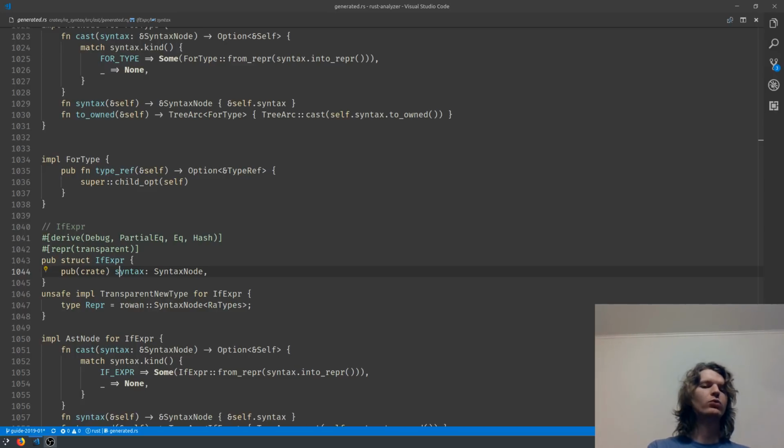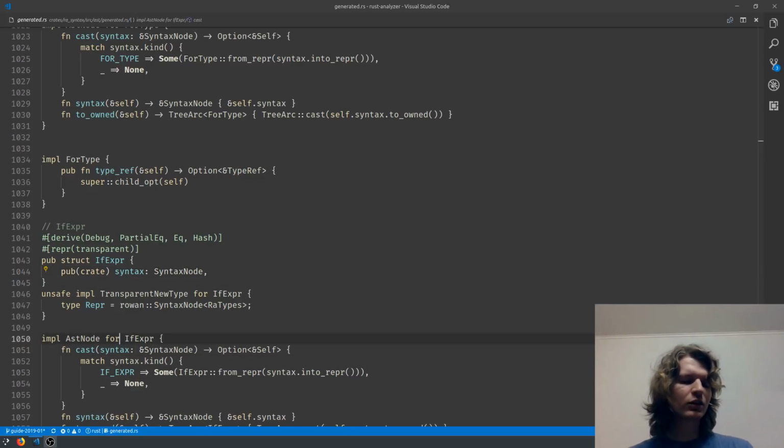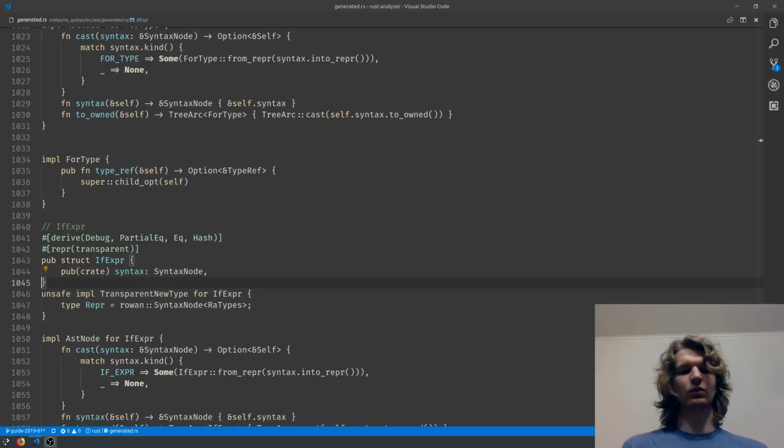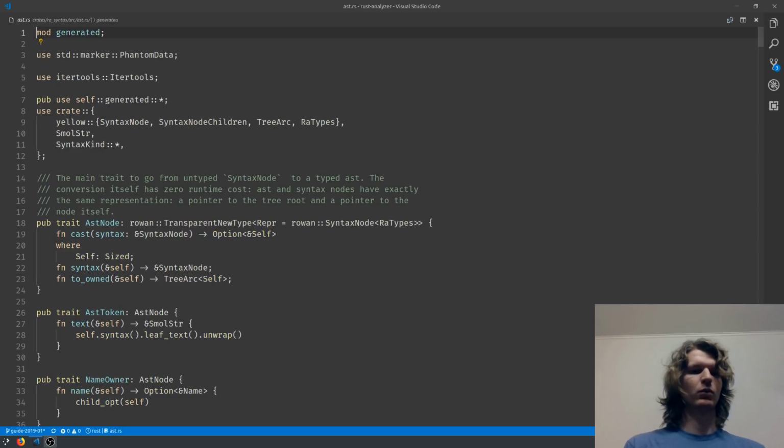And what this new type adds is a static knowledge that this syntax node indeed represents an if expression. And so casting works, and what's interesting, casting works even between references. You can cast a reference to a syntax node to a reference to an if expression. And that's because we use this transparent wrapper and a tiny bit of unsafe code, which should be safe, but if you actually review this, it would be ungrateful because I'm not that comfortable when writing